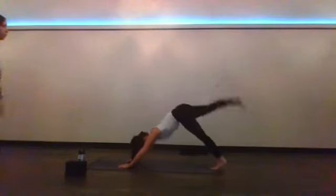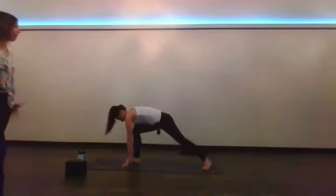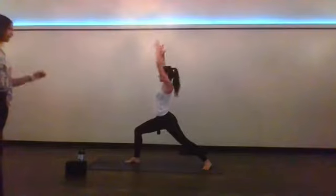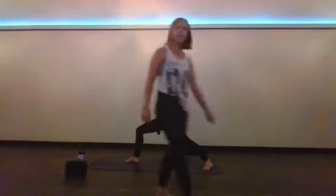Exhale, pull it through for a warrior one. Prep your back foot at that 45-degree angle. And now inhale, come up in your warrior one. Exhale, sink into it. All right, so she's got her front foot at 12 o'clock, back foot at a nice